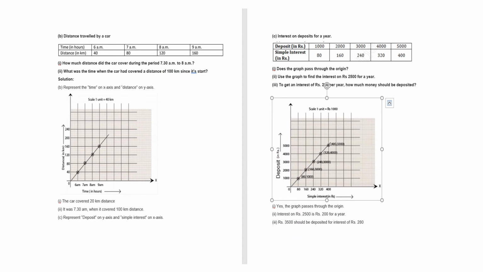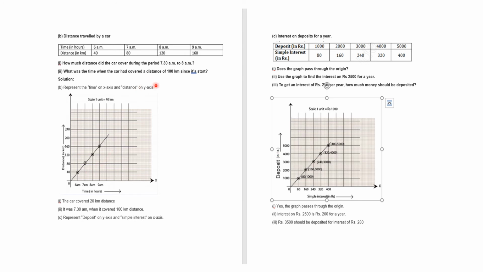Yes, the second part of the same question, question number first. Here it is. Same, we have to plot time and distance. So again we will draw the same graph. On the x-axis we are plotting the time, on the y-axis we are plotting the distance. All the things you have to mention: x-axis, y-axis, scale, what you are taking on the x-axis, what you are taking on the y-axis. Okay, so now this graph we have represented, we have drawn a line, we are getting a linear line.